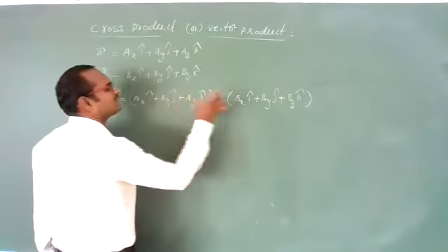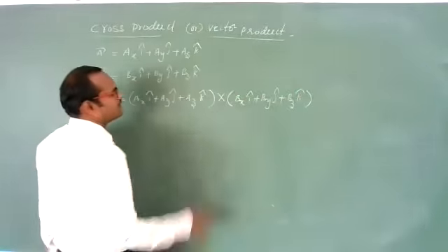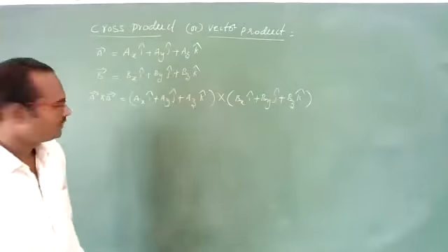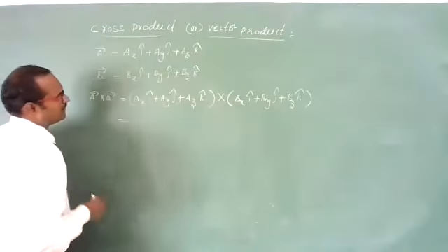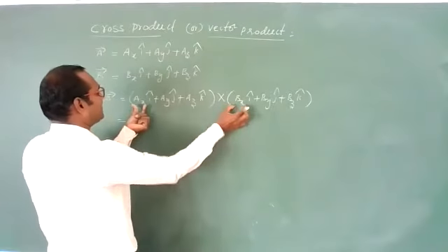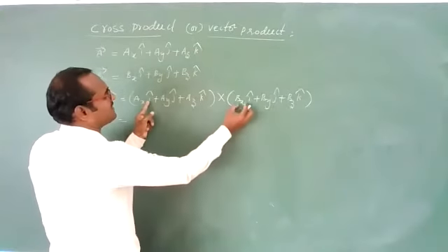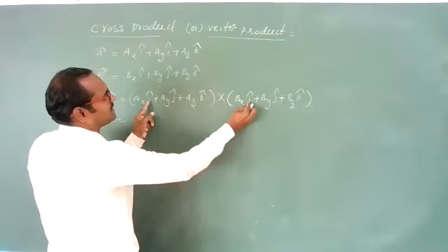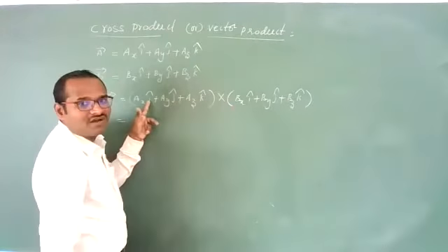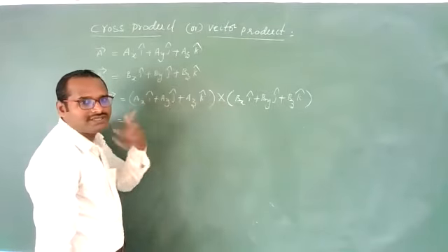Again, this one we should do cross product with each and every part of this. Az cross product with each and every part of this. We should do. So I am having Ax cross Bx. But Ax is along x-axis, Bx is also along x-axis. These are Ax into Bx, I cross I. I cross I is 0, no? So you get 0.